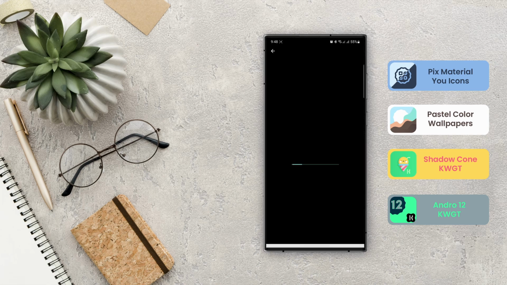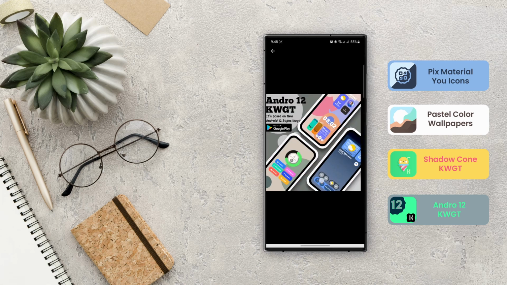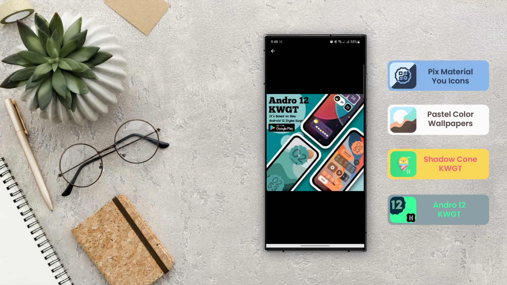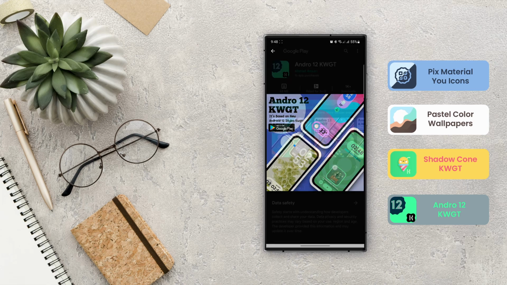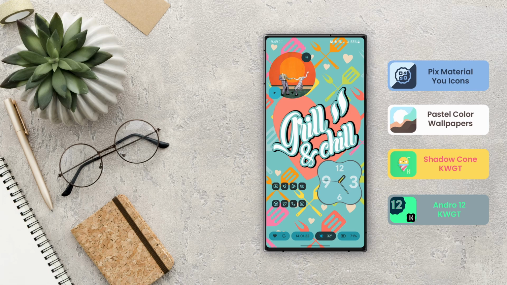The other pack it uses is the Android 12 KWGT widget, a custom widget focusing on functionality. It includes a range of clock, battery, weather widgets, etc. The wallpaper featured is soft, calming, and beautiful, complementing the minimal Unwind home screen setup design. The wallpaper is offered in a wide range of pastel colors, so you can easily choose the one that suits